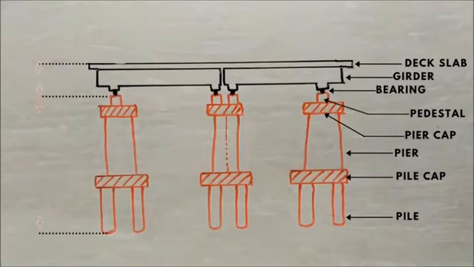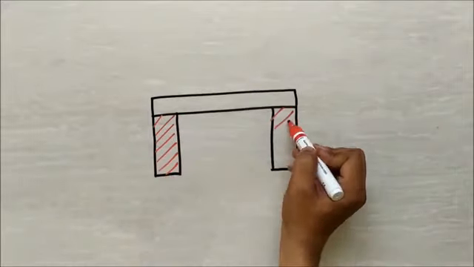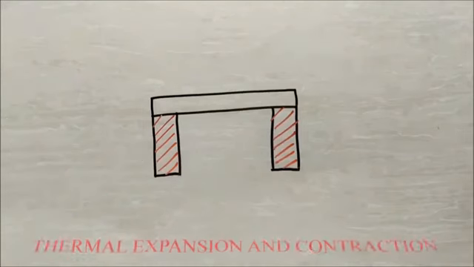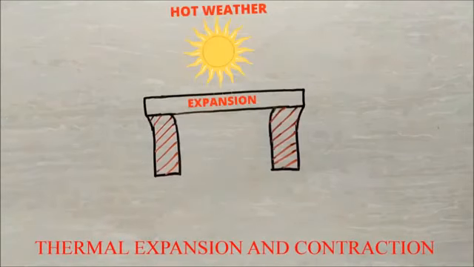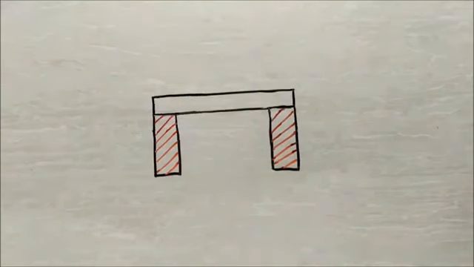the substructure. Structures were previously considered to be rigid and immovable bodies until the end of the 18th century. But with the passage of time, engineers realized that there are dimensional changes and deformation in the structure due to various factors, which are thermal expansion and contraction. We know materials expand when they are heated. In hot weather, bridges having a long span expand and push the supports, and materials contract when they are cooled. So in cold weather, bridges having a long span contract and pull the supports.